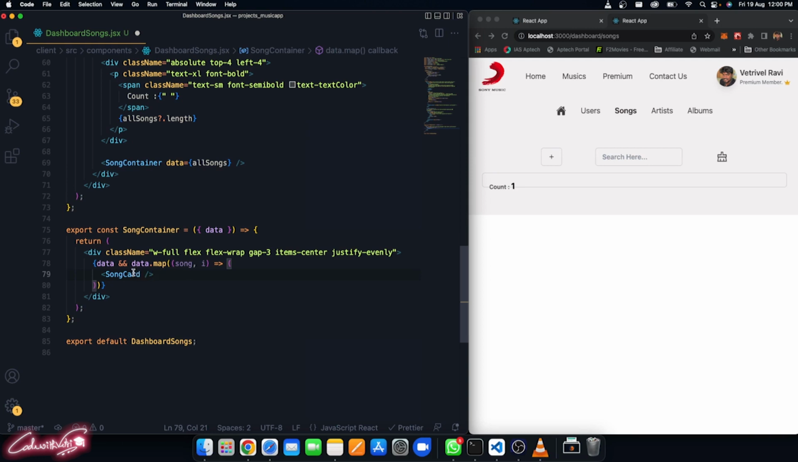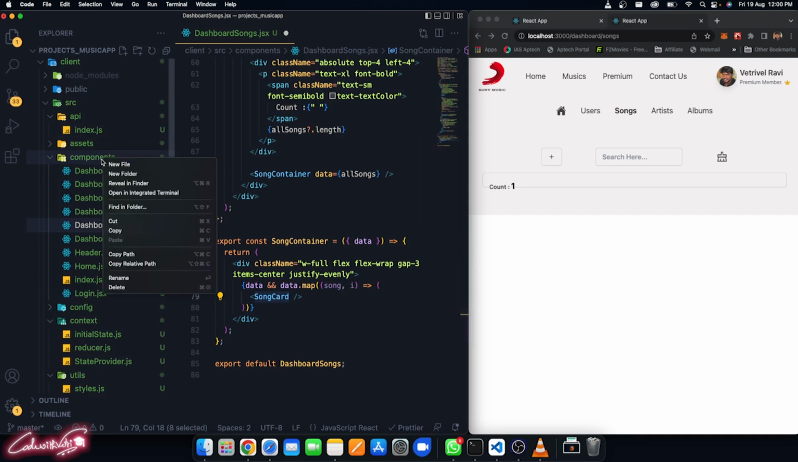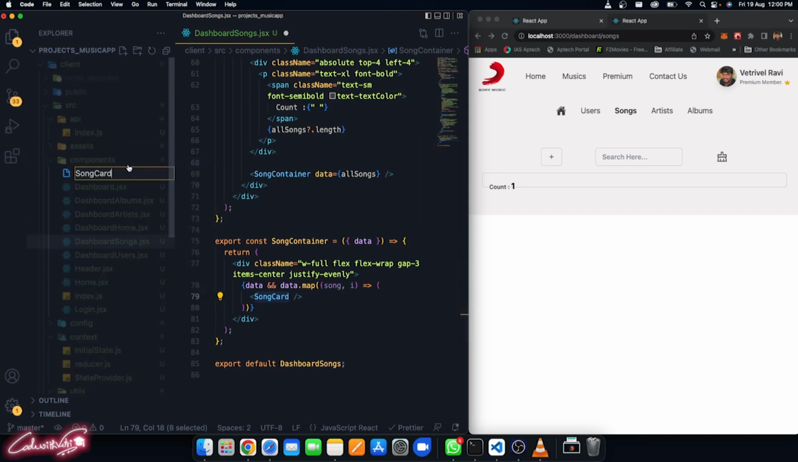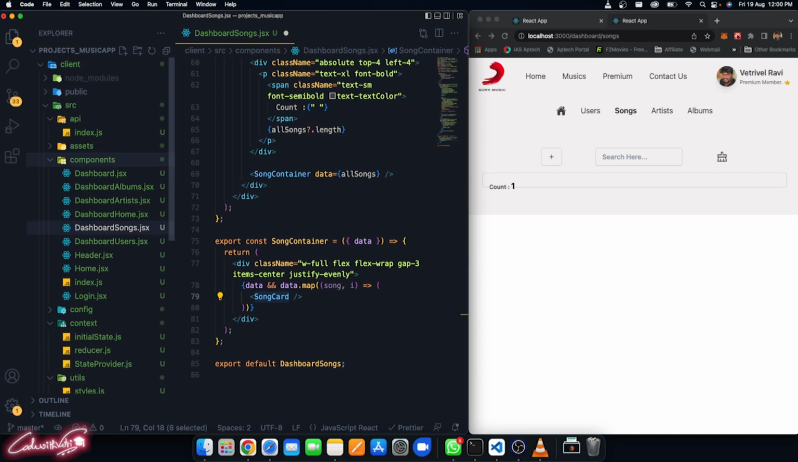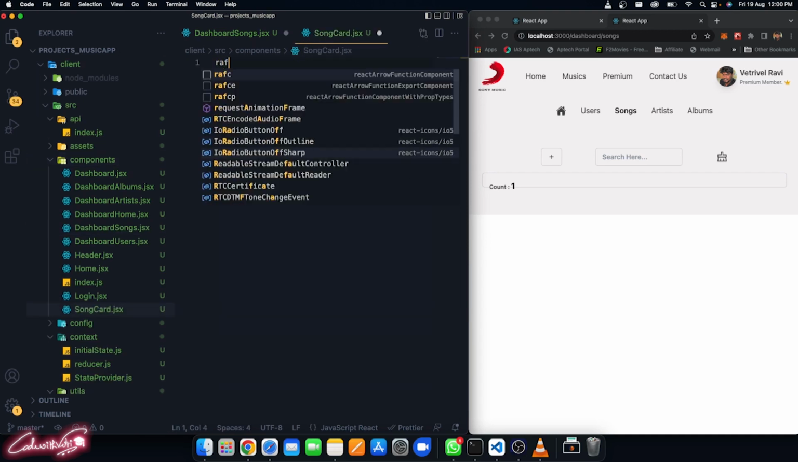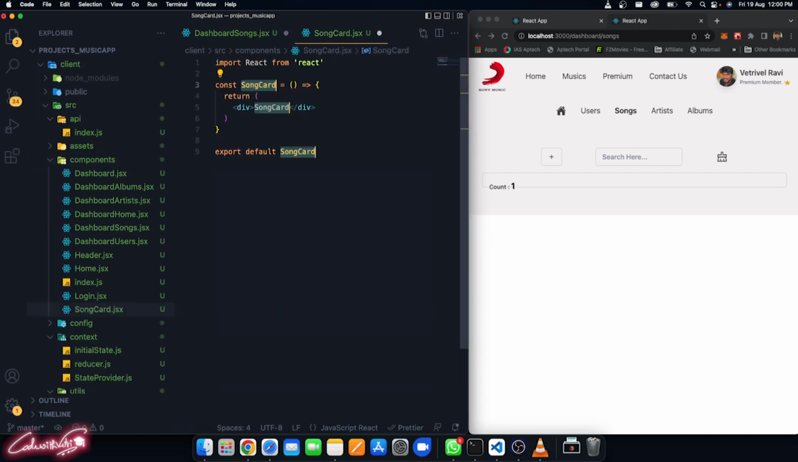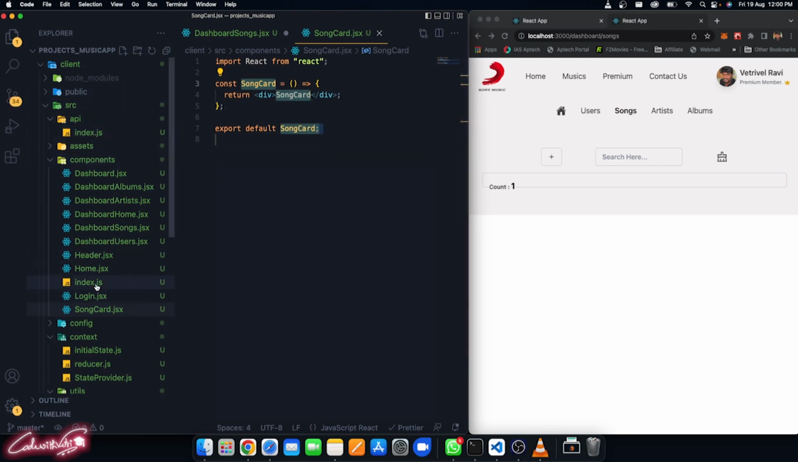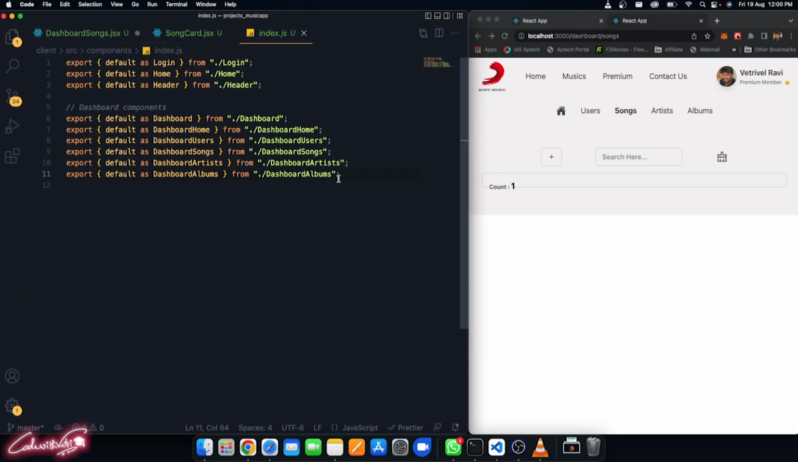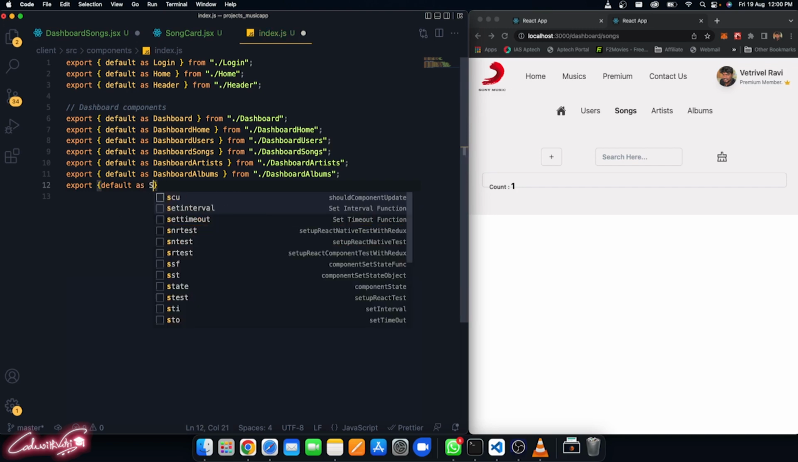Yeah, so copy this and let's go here and let's create a new component called songcard.jsx and RAFCE. Okay, save the changes so far, and then let's go to the index file. Of course we need to export it from here, and then right after here, export default as song card